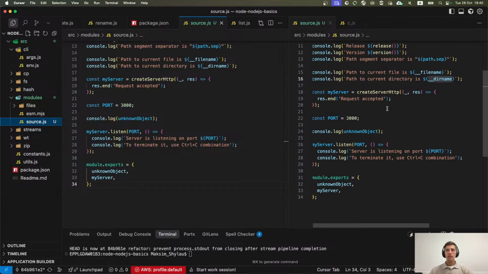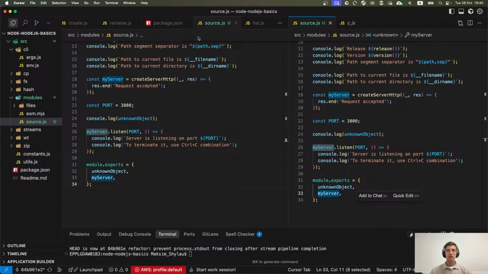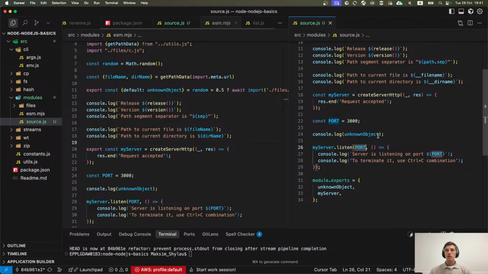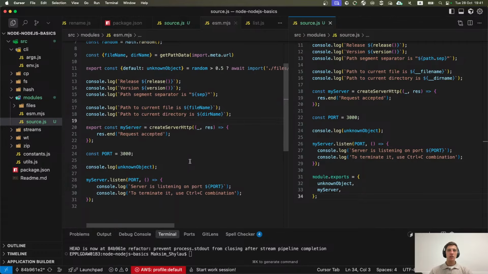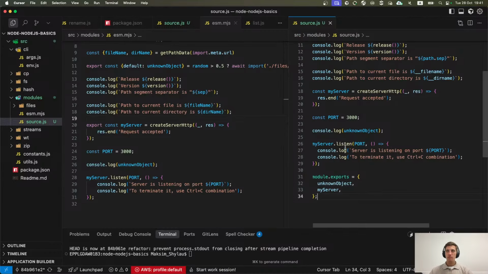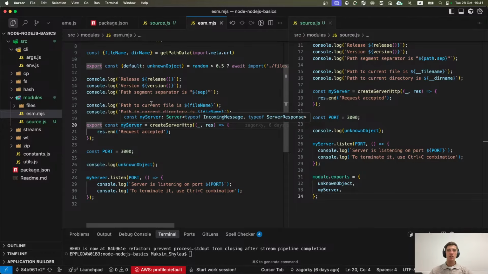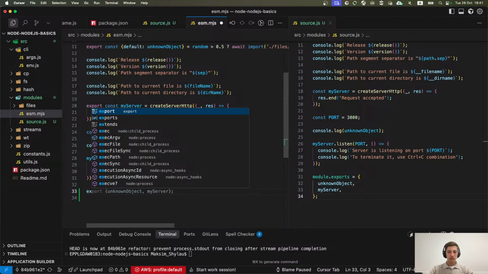Okay, next one is about creation of a simple HTTP server, and we export this server. Sorry, I had to open the ECMAScript module here. So you can see that we define my server, and then we export it as a named export. Here we can do it in two ways. We can just try to export it inline. It will be exported as a named export, or we can do it like this.